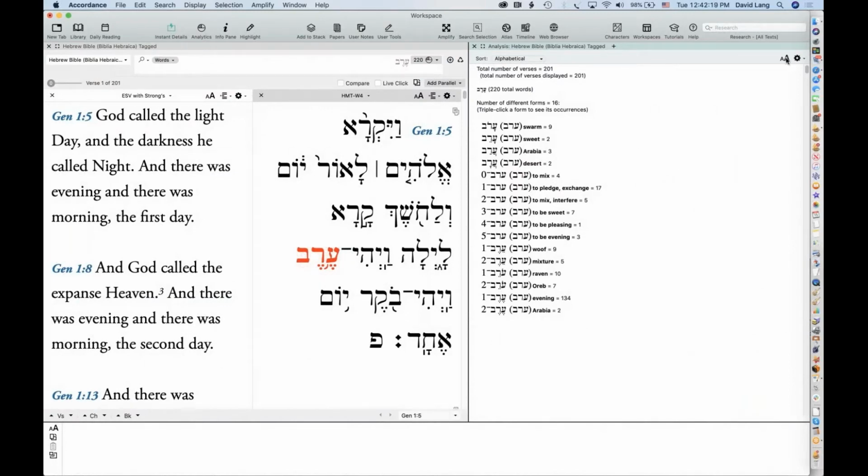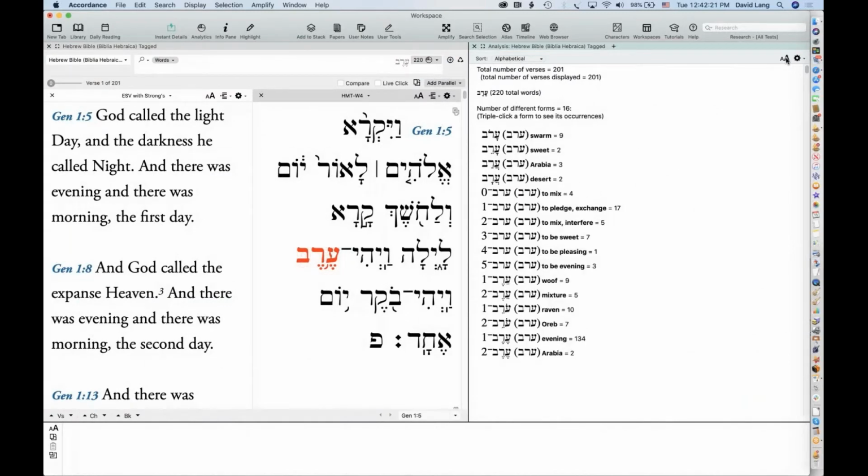And here's an interesting thing. I did this search for Erev with the vowel points that ought to indicate evening, the word for evening. But I found all of these other lexical forms, arov, arav, etc. So I got a very broad search, and only some of these occurrences mean the word that I actually copied and pasted.